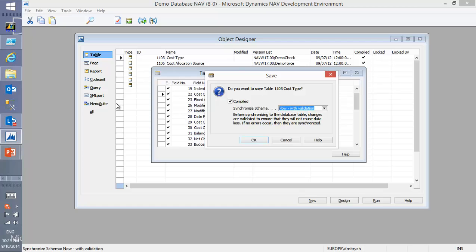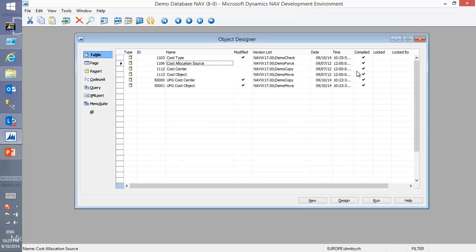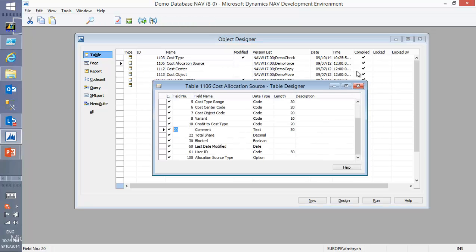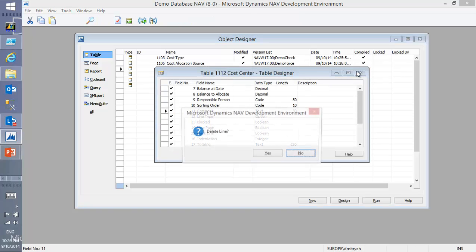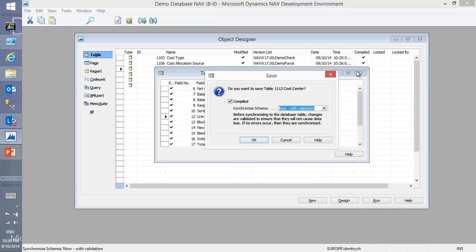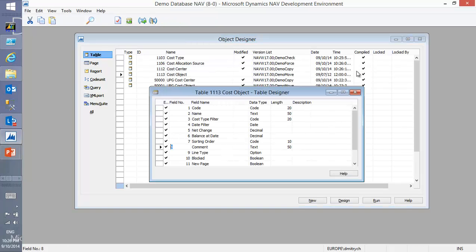I'm going to save and not synchronize, so I will choose the later option. I'm not going to synchronize these metadata changes to the server yet. I'm going to go to the cost allocation table and do exactly the same. Synchronize later, go into the cost center, delete the comment field, synchronize later, and go into the cost object, delete the comment field, delete